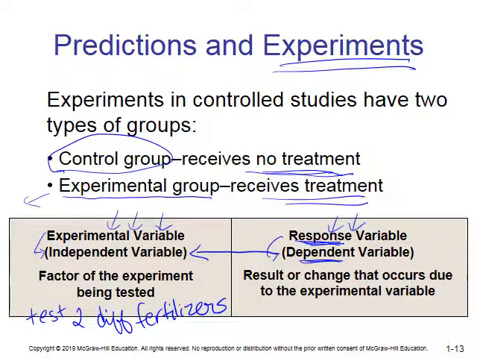So I have 2 fertilizers that I'm testing. I'm testing fertilizer A and fertilizer B, and I'm looking at plant growth. So the response would be, how high does the plant grow? Like, what's the height of the plant? What's the experimental variable? That's the thing that I'm changing, right? I'm giving them 2 different types of fertilizers. And then I would have to have a control, right? I'd have to have the plant growing on its own without any fertilizer so that I could see how the fertilizer is changing the plant growth or the height of the plant.